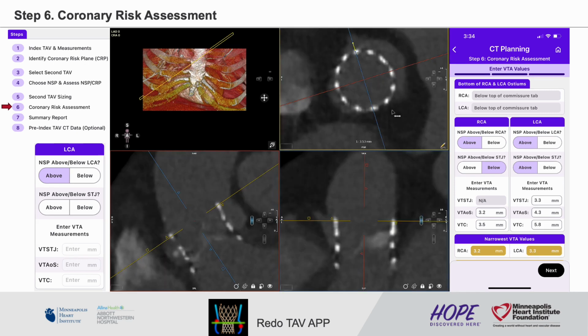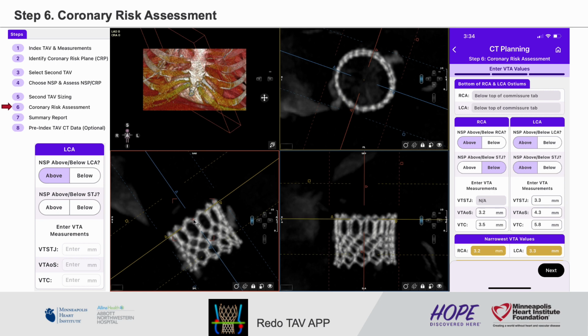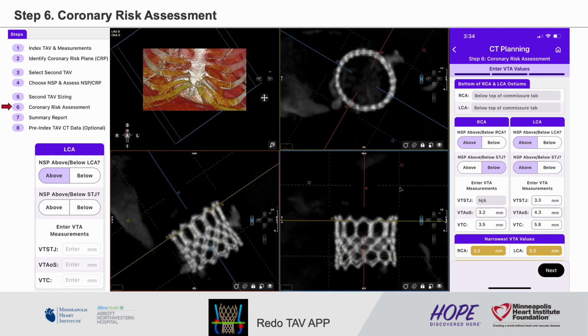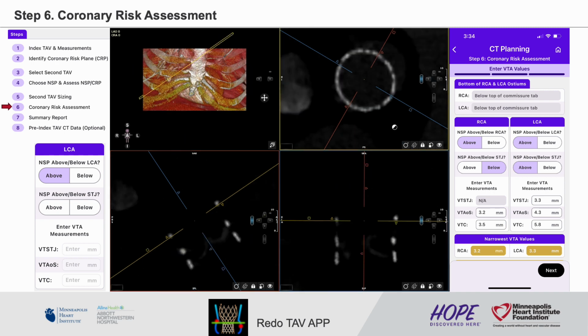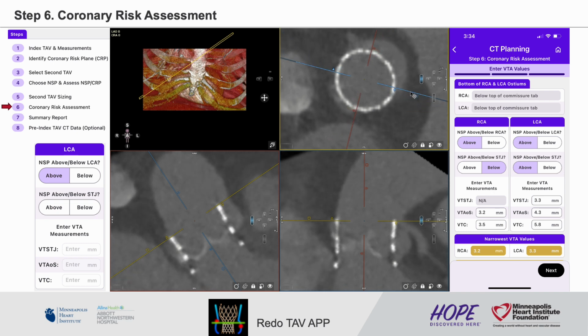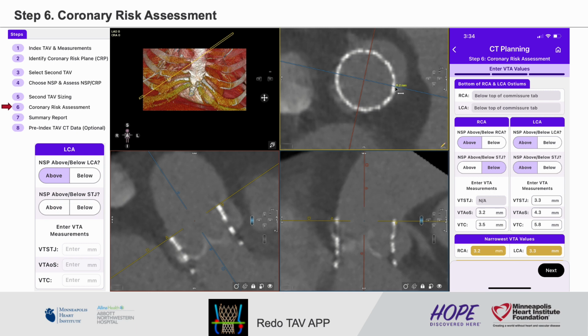Next is LCA assessment. So first, bring the plane back to the nail skirt plane. And assess the relationship with the ST junction. Now for LCA side, it is just at the ST junction. So we need to measure the BTSTJ from the stent frame, which is 3.3 millimeter,